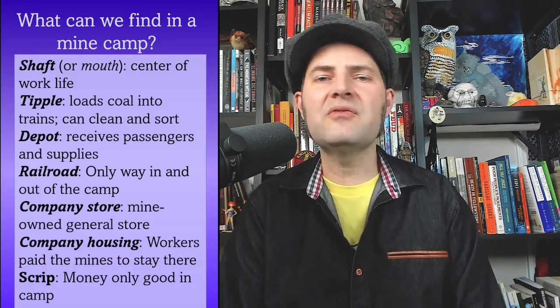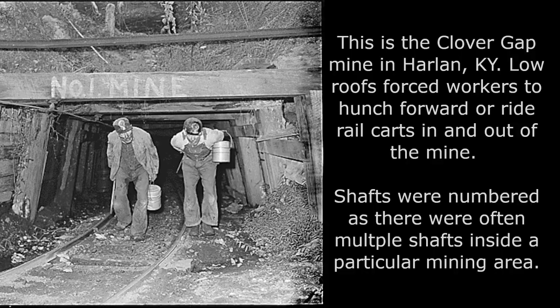Now, first off, all your coal camps are going to be built around a mine shaft, often called the mouth of the shaft. This is where you basically enter the mine, you go underground to extract coal. The shaft was an important part because this was your access point for getting the resources in and getting the resources out. And these were often very low-level things where you basically would hop on a rectangular device that would